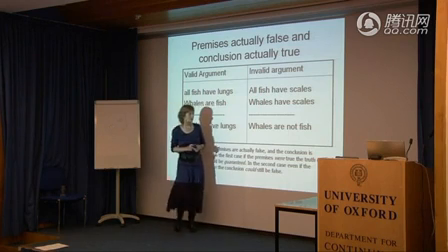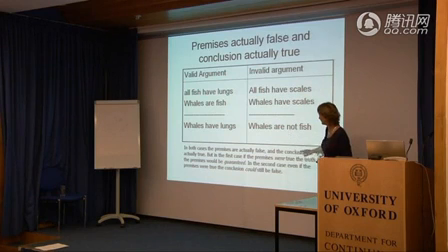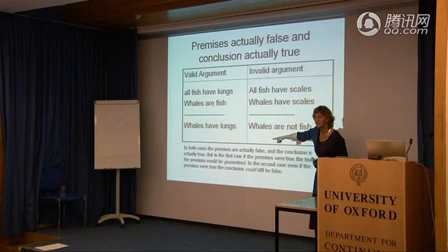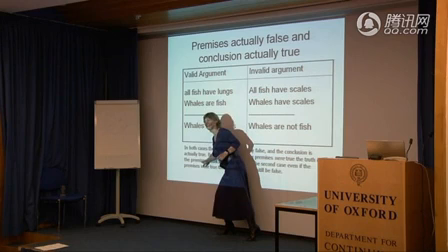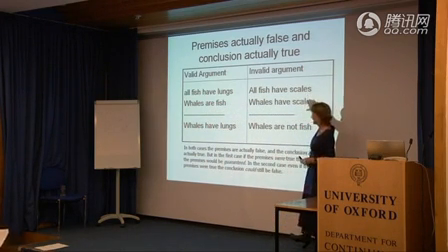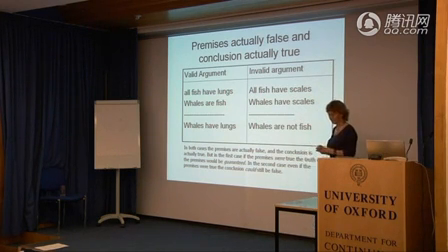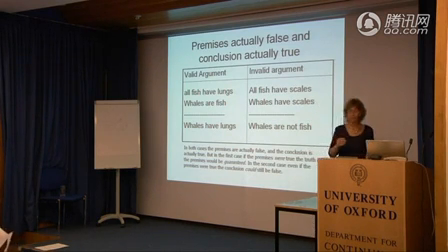Okay? So again, if you look at the explanation underneath, in both cases the premises are actually false and the conclusion is actually true. But in the first case, if the premises were true, the truth of the conclusion, I should have said there, can you see? Scrub it out on your copy. That should be conclusion. The truth of the conclusion would be guaranteed. In the second case, even if the premises were true, the conclusion could still be false. Okay, it isn't false, but it could be. Are you beginning to follow?